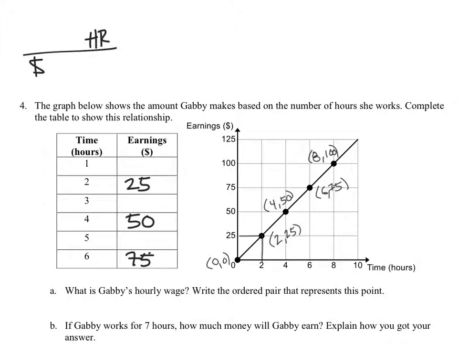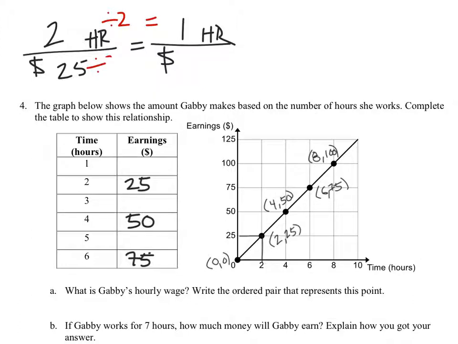Doesn't matter where I put those though, okay? But I can see for 2 hours, I can get 25 bucks. So the question, and this helps us because it's the unit rate, is how many dollars would this be for 1 hour? So the question is, how do we get 2 hours to 1 hour? You divide it by 2, right? So the 25 divided by 2 as well, and that gives us